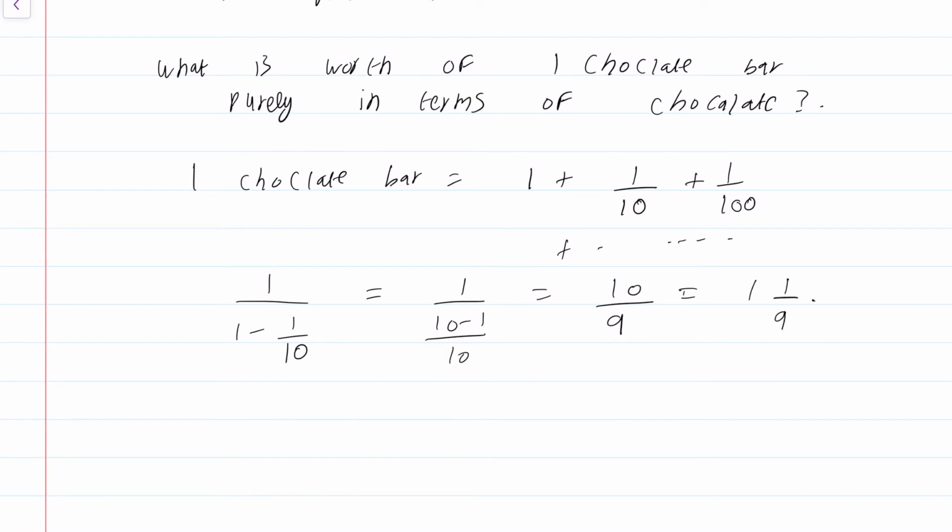So a single chocolate bar along with the wrapper is worth slightly more than one chocolate bar purely in terms of chocolate. So in this promotional offer, to understand the value of a single chocolate bar, you actually needed to compute an infinite sum. But this is still a bit circular argument because I'm already using facts about geometric series that you have already learnt. Why should I trust this argument? This is, after all, summing up infinitely many terms, which the philosopher Zeno says is impossible 2500 years ago.